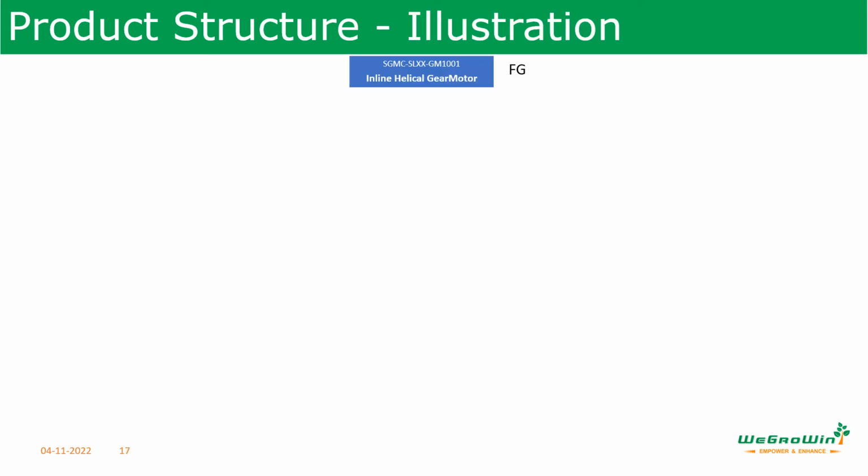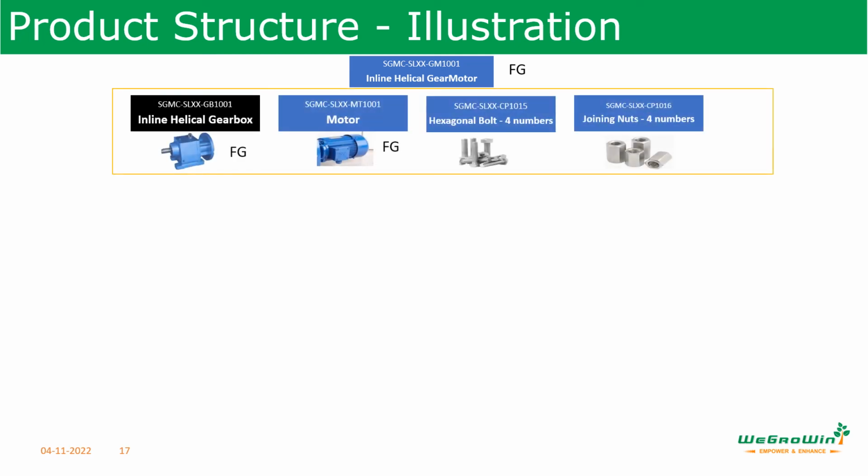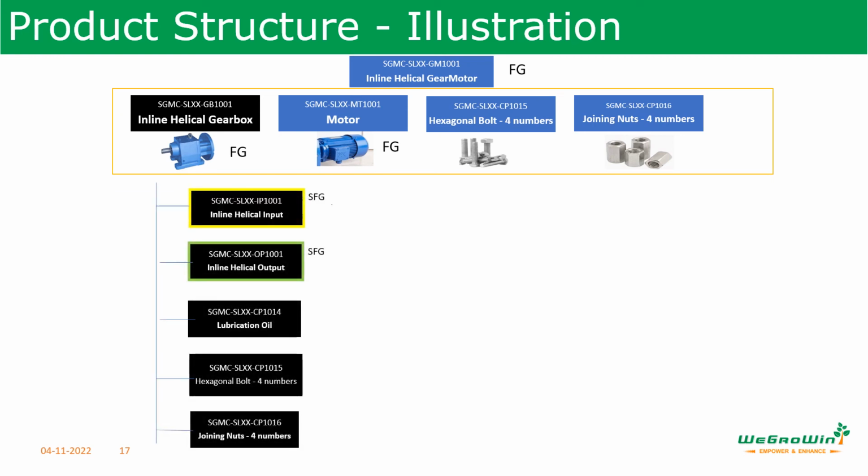So here we see the product SGMC GM1001, which is a helical gear motor, which is treated as a finished product, finished goods. To produce these finished goods, we need to have another finished goods, which is the gearbox, and one more finished goods, which is a motor. Then we have different components. The gearbox is in-house production, but the motor finished good is purchased outside. Though it is a finished good, we may purchase from outside,